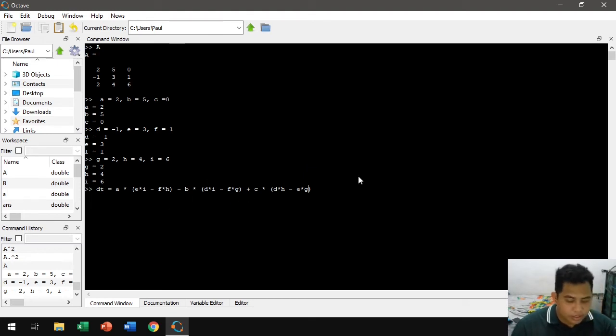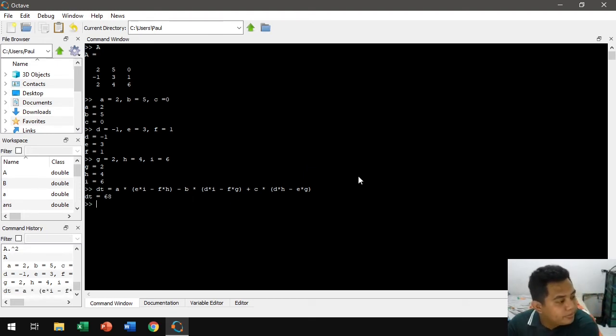Okay, let's see what we will get. 16. The determinant of this matrix A is 16.